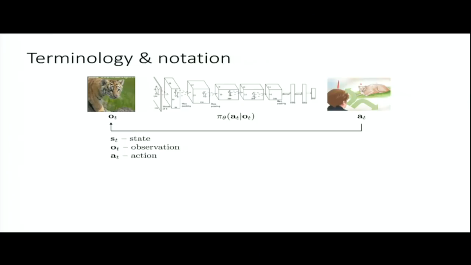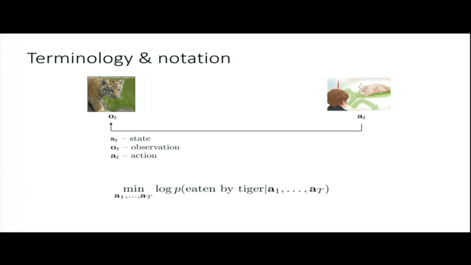So in defining what it is that we want, let's forget about the policy for a minute, and let's just think about writing down what we want if we don't have data. So what you want in this situation is to not get eaten by the tiger. This would be really nice. So perhaps a very reasonable thing to do is to say, well, let's minimize my log probability of getting eaten by the tiger conditional on my actions. And if you know what it means to get eaten by the tiger, this is a well-defined objective. You can optimize it, you can get a good policy or good actions.